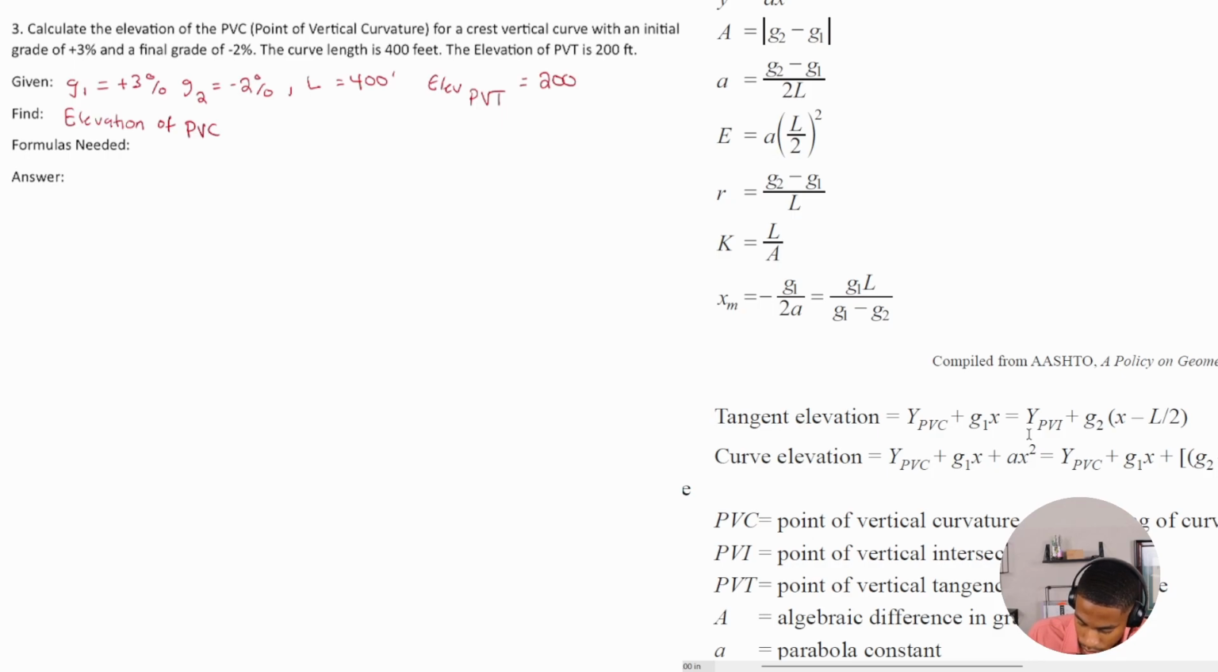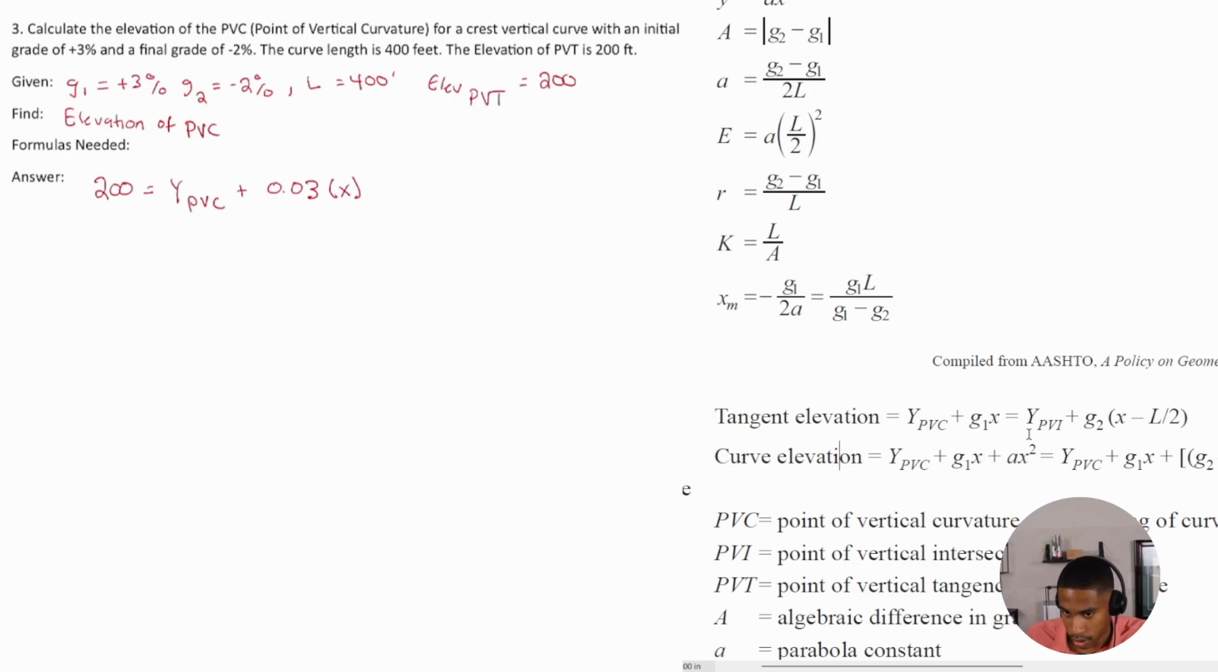which is 200. So we'll say 200 is equal to the elevation of PVC plus G1, which in this case, we already know what G1 is. So G1 is our 3%. So it's 3% or 0.03 in decimal form. And then times X. Okay, so now